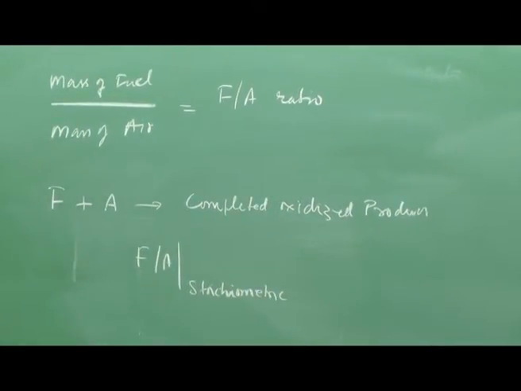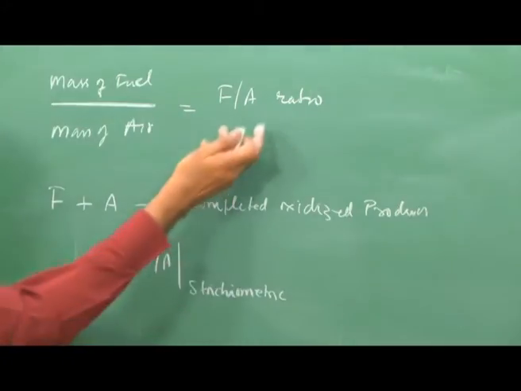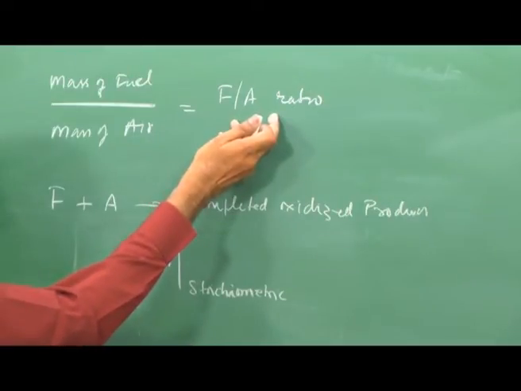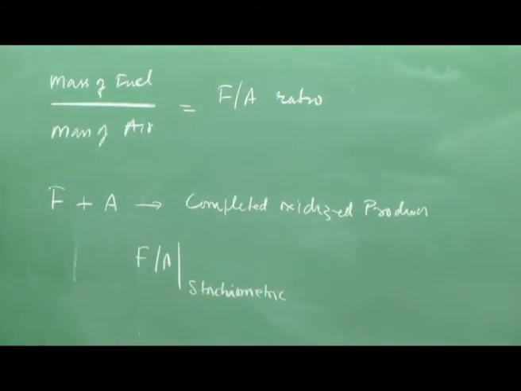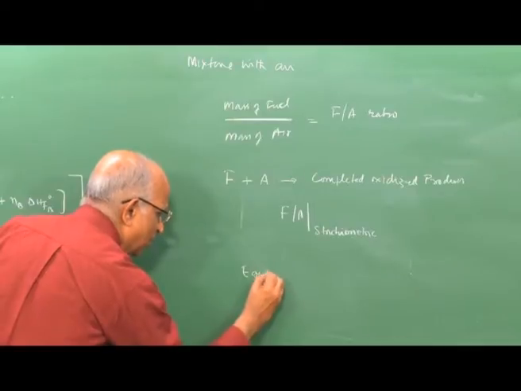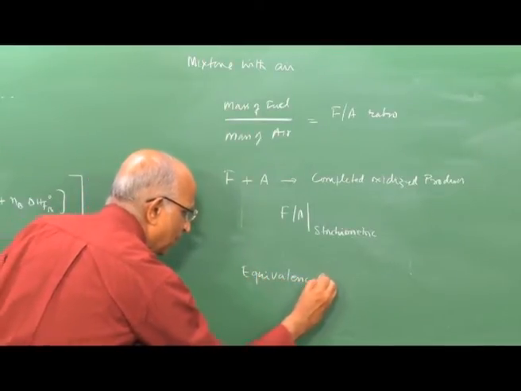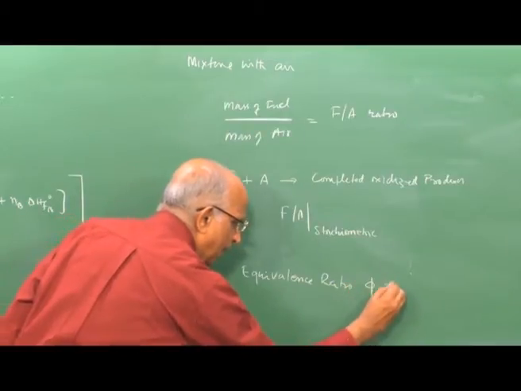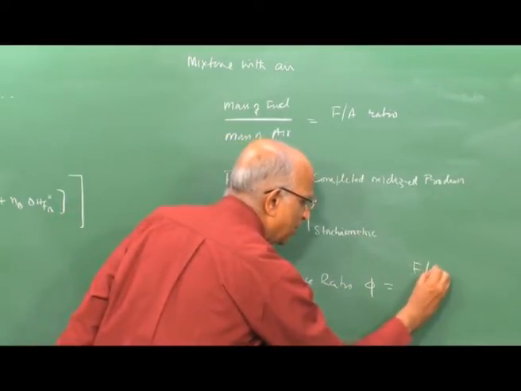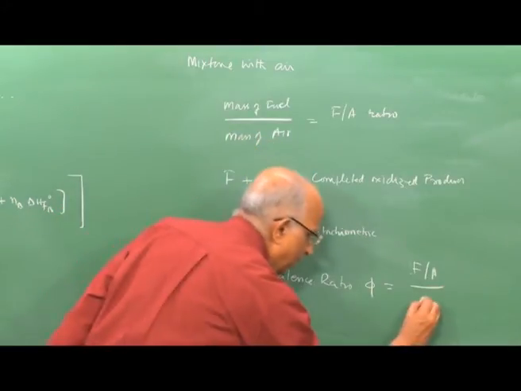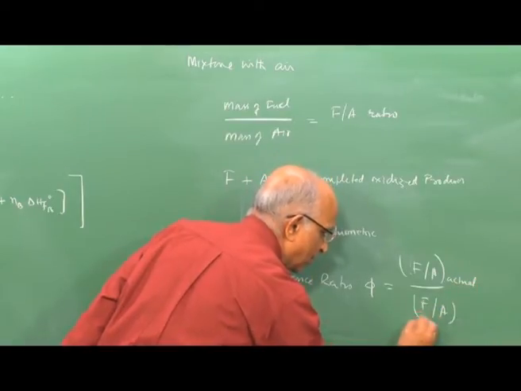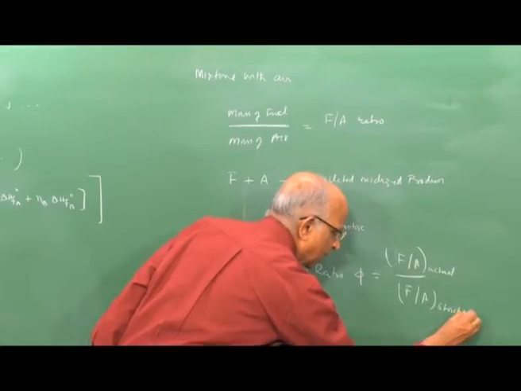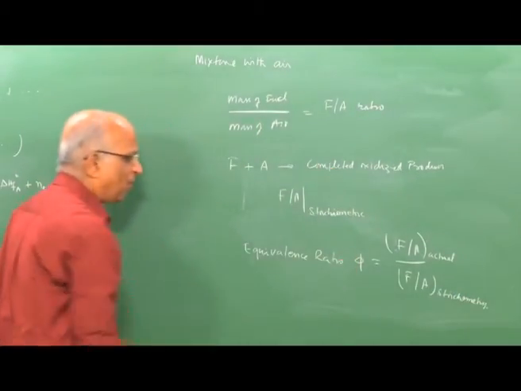And what is the value of the stoichiometric reaction? Well, the amount of fuel by air, which I say is stoichiometric, whereas in practice it could be anything different from stoichiometric, because as we told ourselves, it need not always form the completely burnt products. We define something known as equivalence ratio, phi, as equal to the actual fuel by air mixture, that is by mass, divided by the fuel by air mixture for stoichiometry, and this is what we call the equivalence ratio phi.